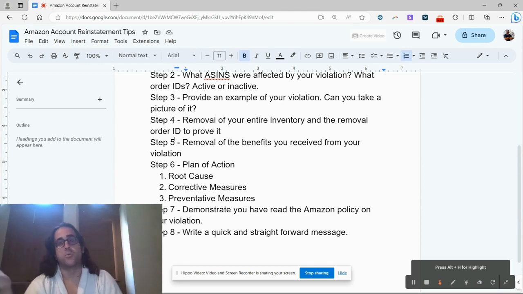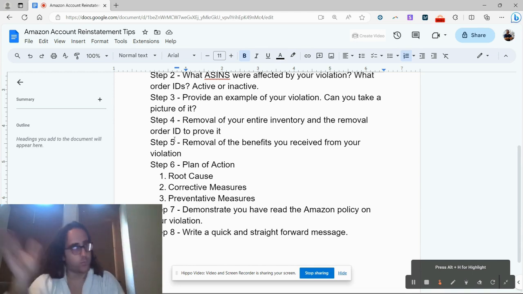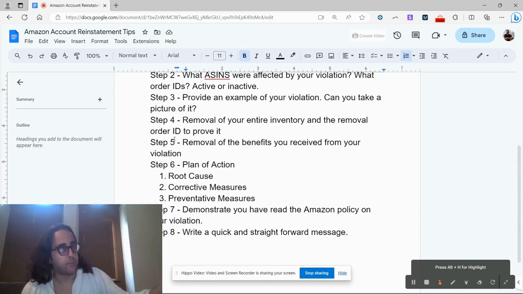But if you keep on changing the wording, let's say you follow steps 1 through 8 and you got denied. They said, well, your account is going to continue being suspended. You try again, but you redo the whole thing. You send some of the same images that you sent before, maybe some new ones, right? And then you put some new information, or maybe take away some information to make it simpler. I don't know, but just make sure that it's quick and straightforward, and this will give you by far the best chances to get your account